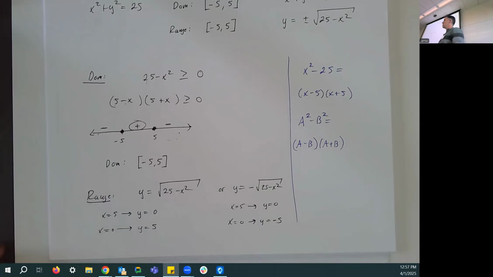It's not like a super precise or well-defined method of doing it. It's kind of asking yourself the question, what can I pick for x to make my function as big as possible? And what can I pick for x to make my function as small as possible? And it doesn't always work great. But for now, if you don't have a graph, it's kind of the best way of doing it. Later on, we'll talk about how you can find the range using an inverse function if, and it's a big if, the function has an inverse. Not every function does.